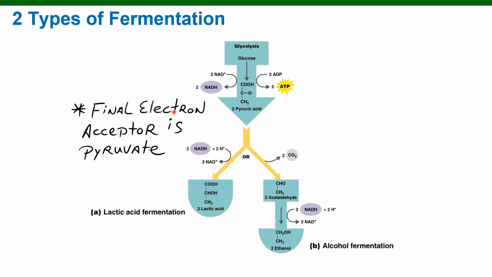And when lactic acid forms, it's due to the fact that the pyruvate receives electrons from NADH. So NADH will give up its hydrogens and associated electrons, and it will become NAD plus again, so it can recycle into another process somewhere else in respiration. And these hydrogens and electrons, as they attach themselves to pyruvate, will end up arranging into a molecule of lactic